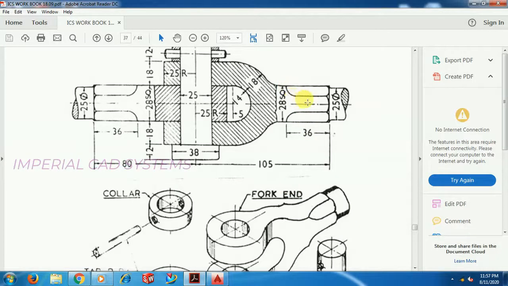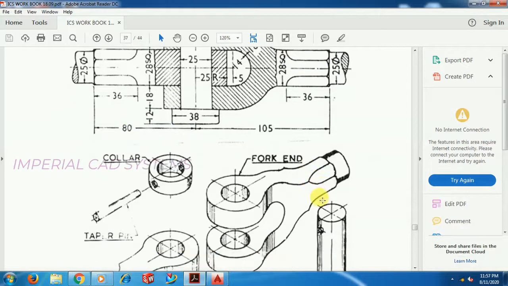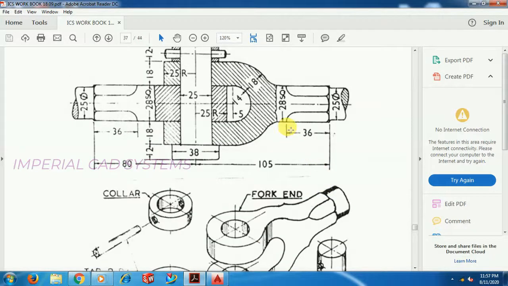Now this one. So how to create this? 36 given, but size is not given here. As it is a 28 height, take around some 8 mm.